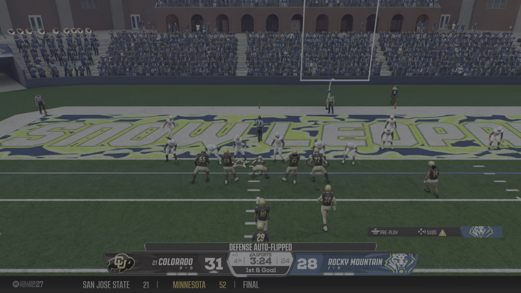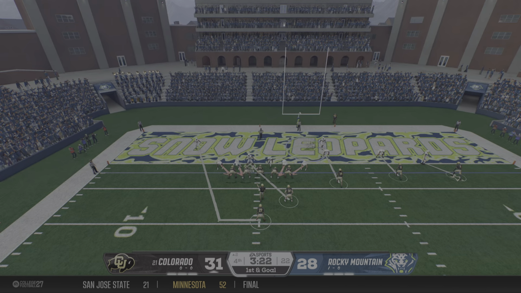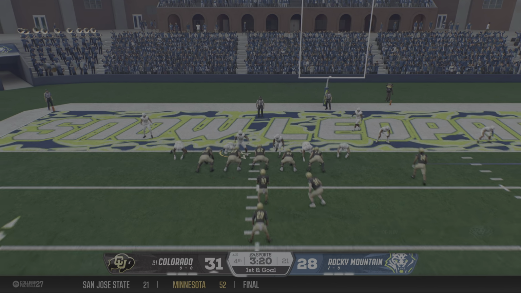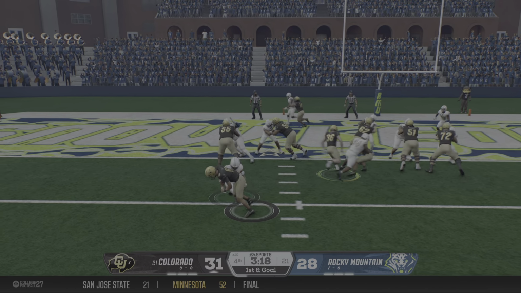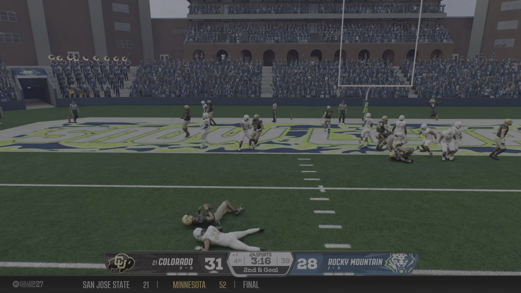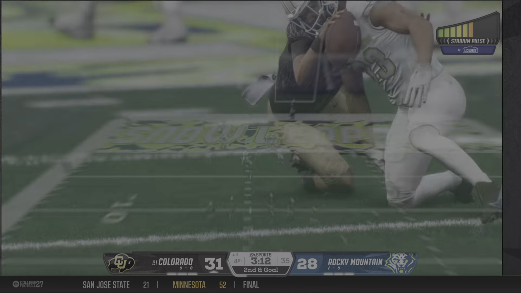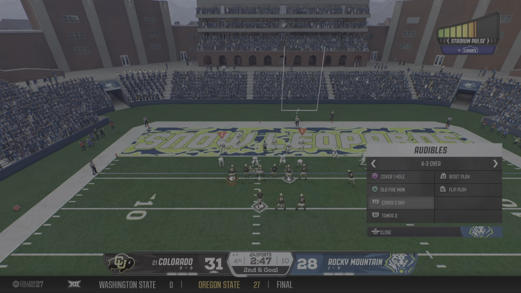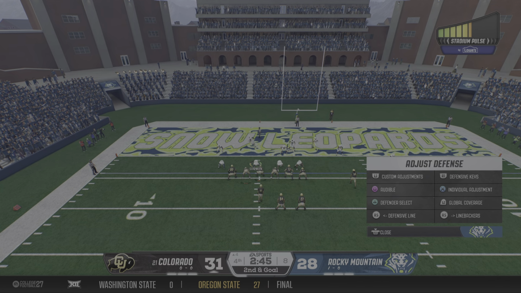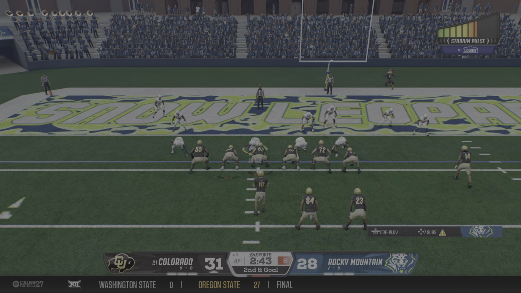Really nice execution by this offense. This is the time, right? Late in the football game, got to get a few first downs to preserve this lead, to get out of here with the W. They trust their quarterback. They protect him. They get the first down. Time is on their side, and they're going to wind that play clock all the way down.